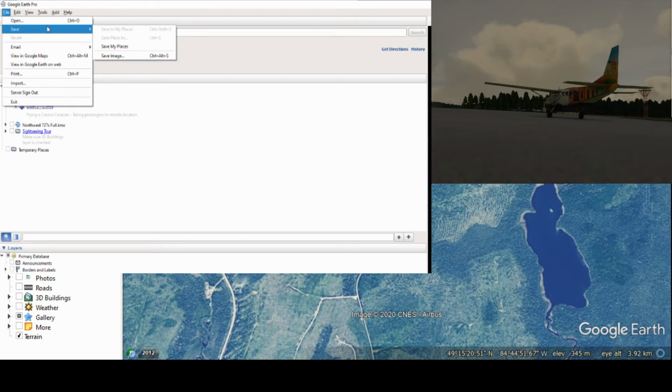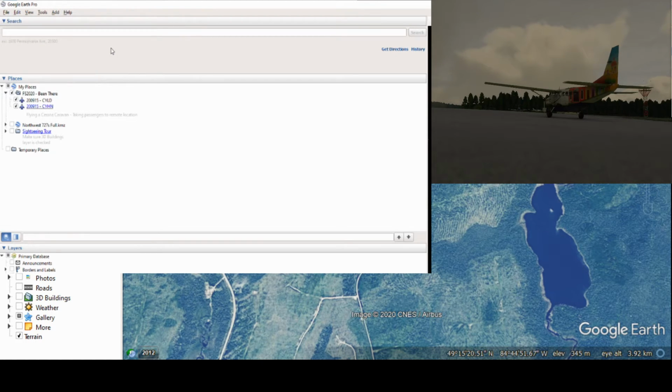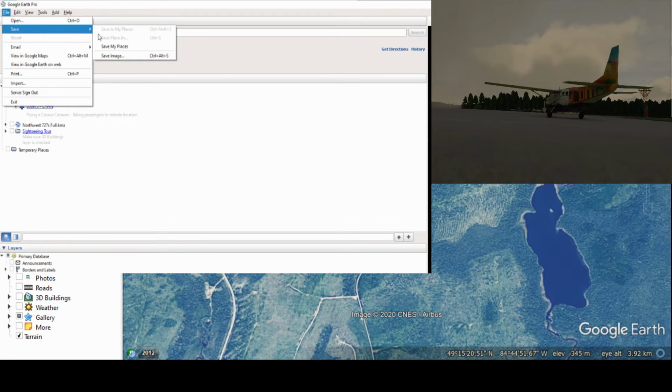Now, the nice thing is it's not going to ask you to make a file. It's just going to save what you had just done. So when you quit and you come back in after doing that, you should be okay. Now, you can click Save Place As. Now, this is important for if you have a huge